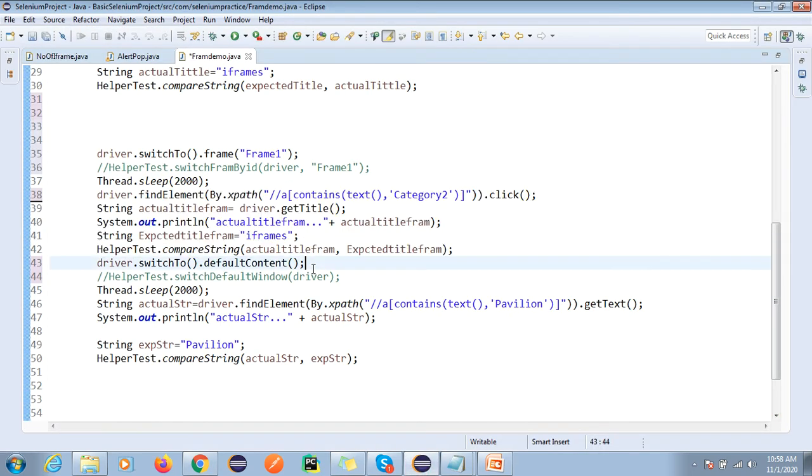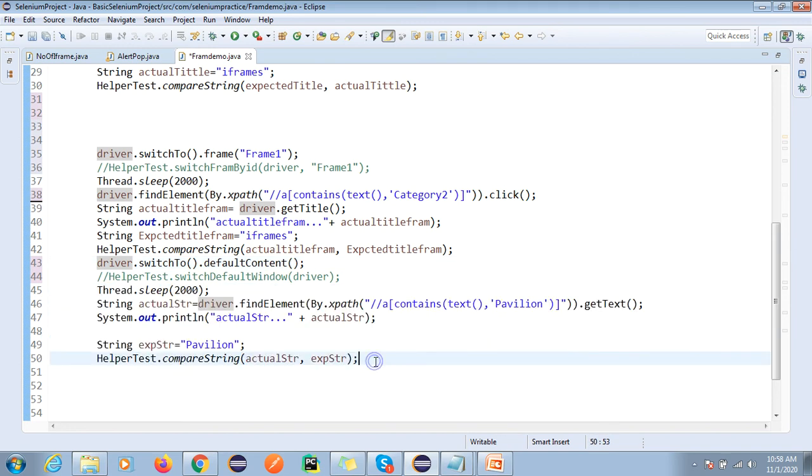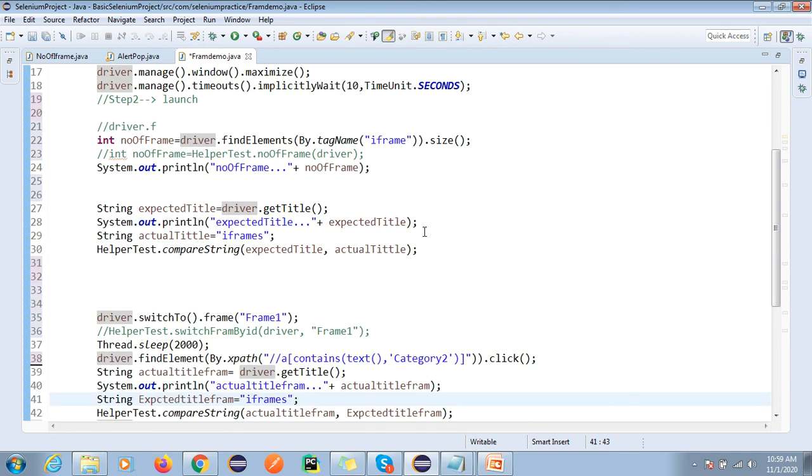By using this, we have landed on the home default page and we are trying to perform some validation. Let me know if you still have a doubt. Still anyone having any doubt? If you have a doubt, I will explain n number of times, no problem.